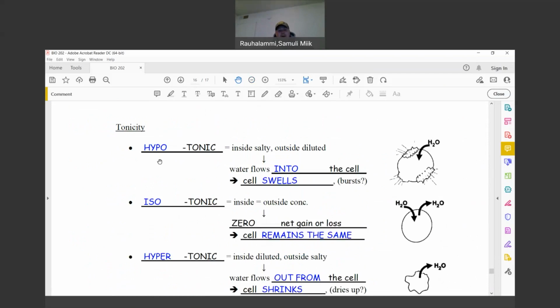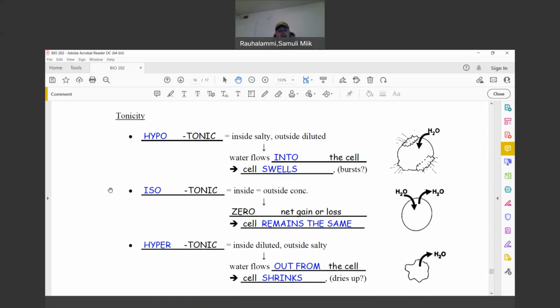So you remember tonicity was important, for example, when we talk about the electrolytes and water following them. So a quick review of what we've discussed: hypotonic conditions. Hypotonic cells were those hippo cells. That was my mnemonic. So big swollen cells. Water is flowing into a hypotonic cell, and that causes this cell to grow, swell, and it might eventually